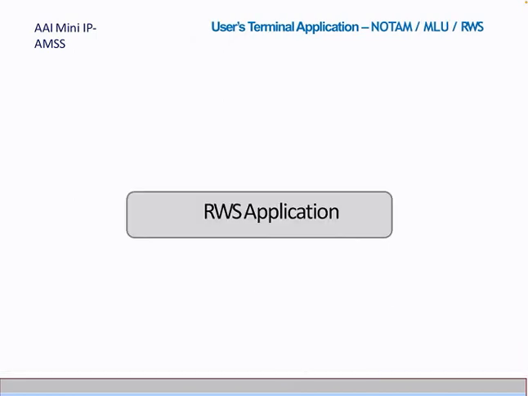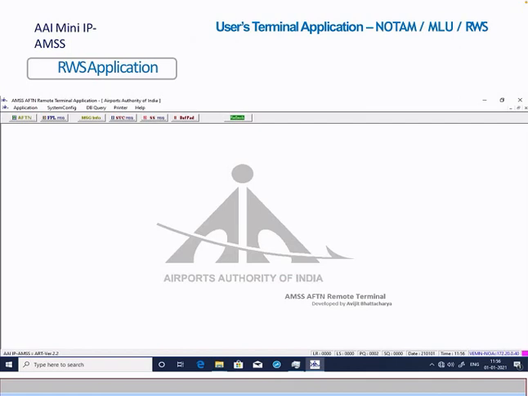So I think you have one RWS connection. So you have to give this particular application to that particular station, and once you run the RWS application, you will see this window, similar to the other application, AFTN. From FTL message, they can send a flight plan, and one template will open. From message info, there will be different options like transmit, receive message, and for the previous day you can see the